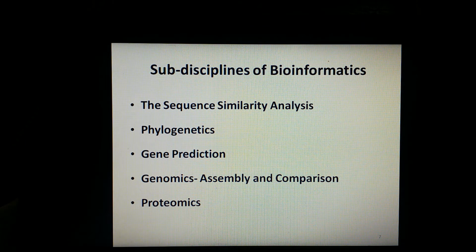Phylogenetics is the area of bioinformatics that is focused on developing methods, tools, and databases that use sequence similarity to generate trees. And why are these trees useful? Because they describe and compare evolution across species, meaning they tell you how a particular species has evolved and what changes have taken place, what that species was in the past, and now what the advancements in that are. So this is how phylogenetics is helpful, and it is a subdiscipline in which bioinformatics is involved.